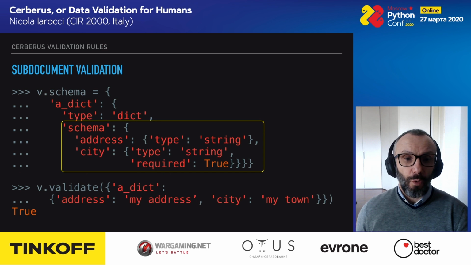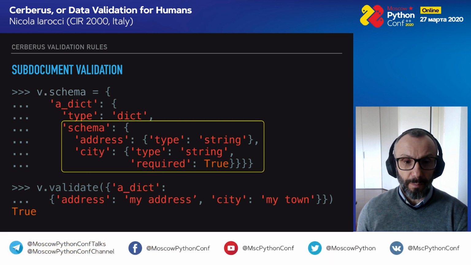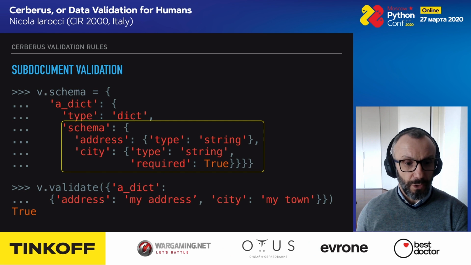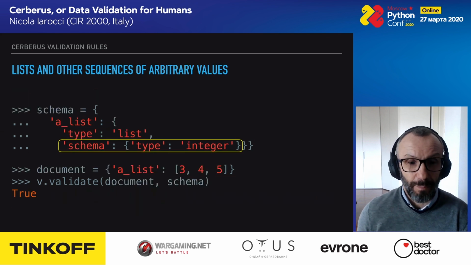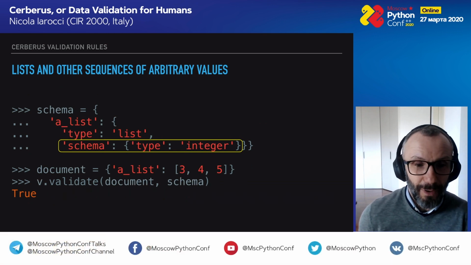What about subdocument? This is very common. You have a main document, an invoice, for example, and then you have a subdocument, which is a row. So you can define a schema for the subdocument, and that one will be validated as well. Here we have a field which is called dict, and then we have a subdocument which is an address, and we can validate that. We can also accept a list of subdocuments, which is the example I was mentioning before.